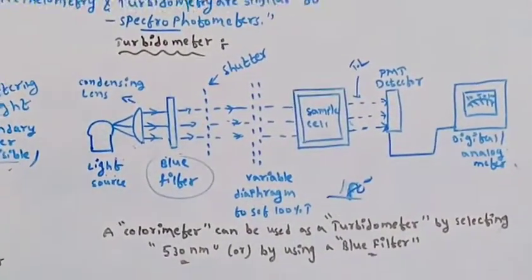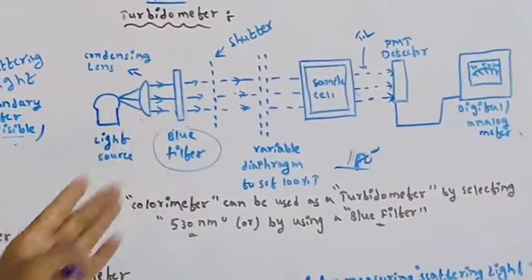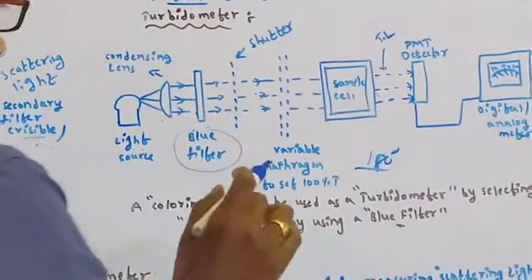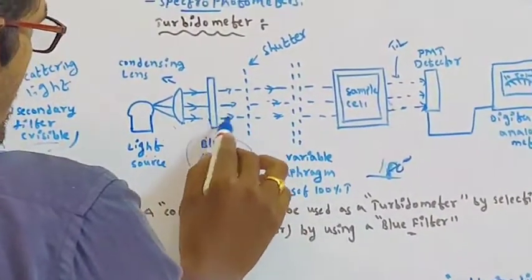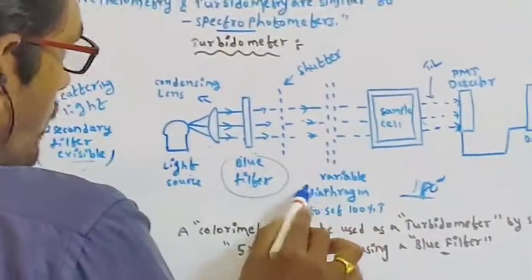Only one filter we are using, that is the blue filter. There is no primary and secondary filter in turbidimetry. Only one filter, that is the blue filter. From the blue filter, the radiation will fall onto the sample cell by passing through the shutter and variable diaphragm